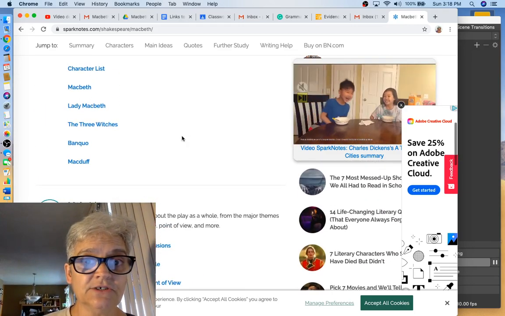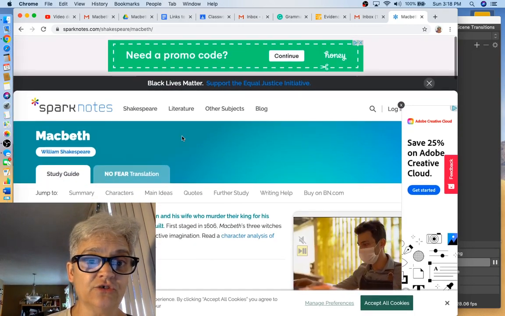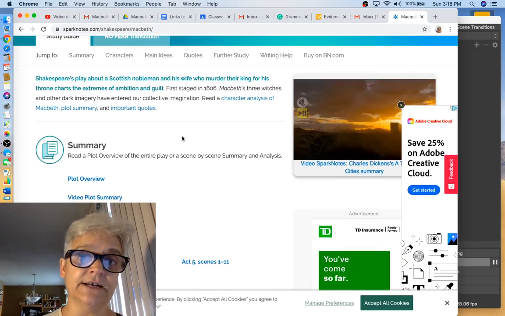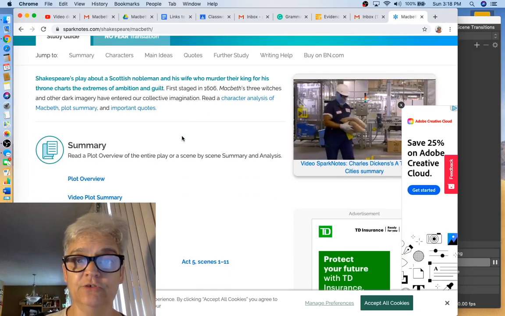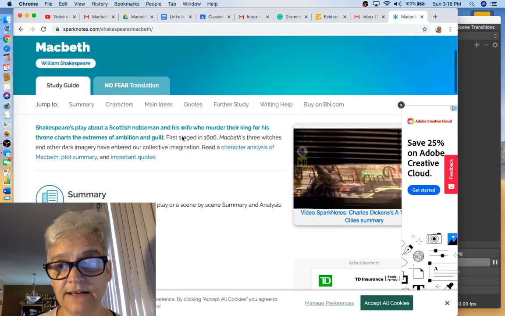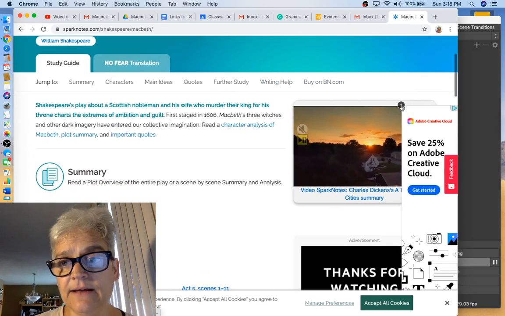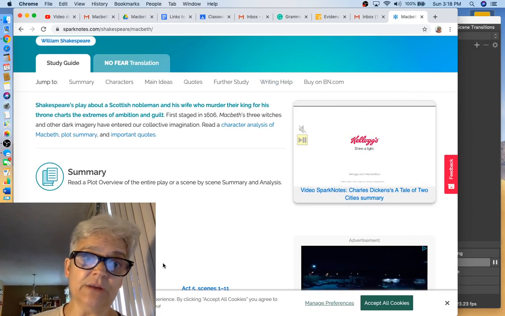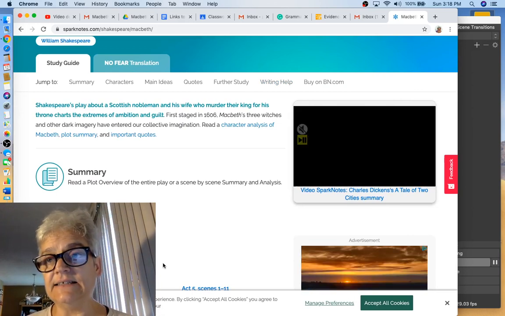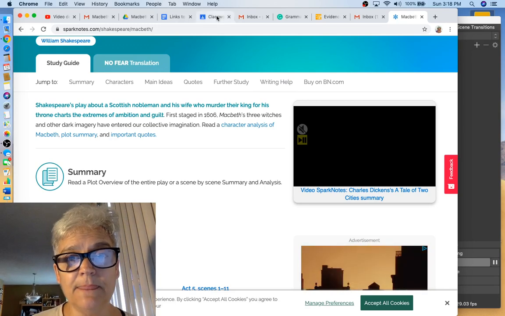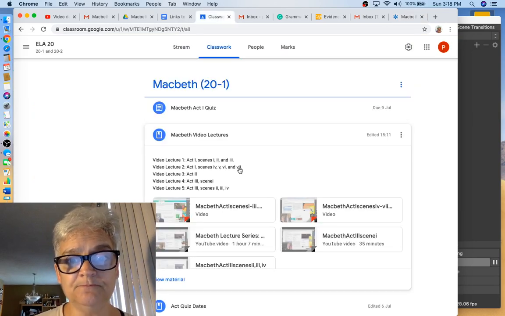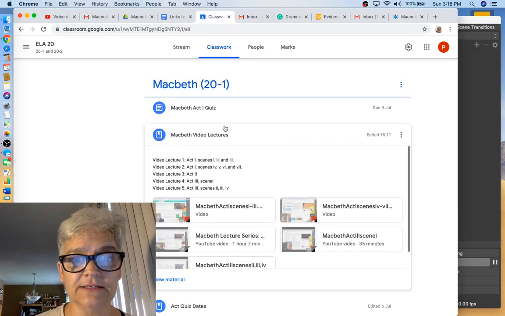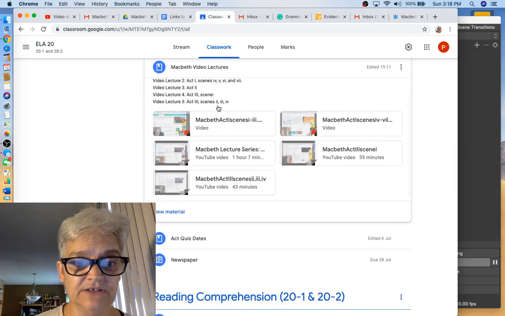Okay, so these are all of the wonderful tools that are at your disposal, but they're not here for you to plagiarize. They're here for you to use to help further your understanding. I have a lot of students who sadly go to SparkNotes and just copy and paste, and that is unacceptable, which is why in classwork with an assignment,